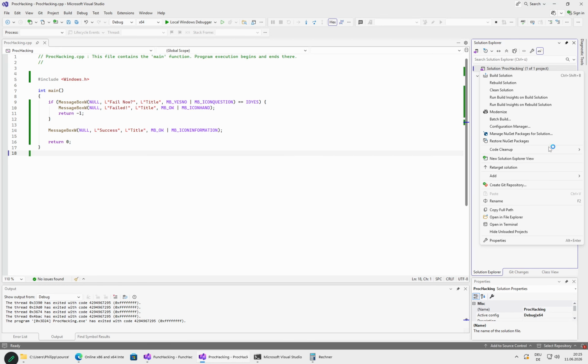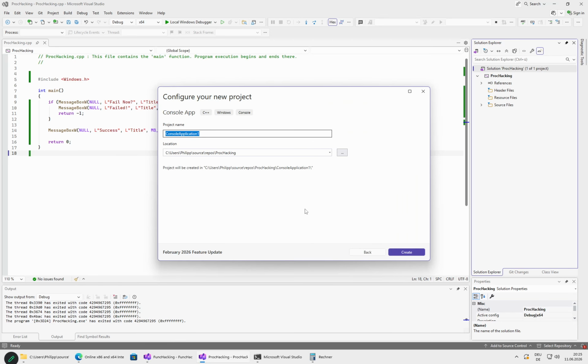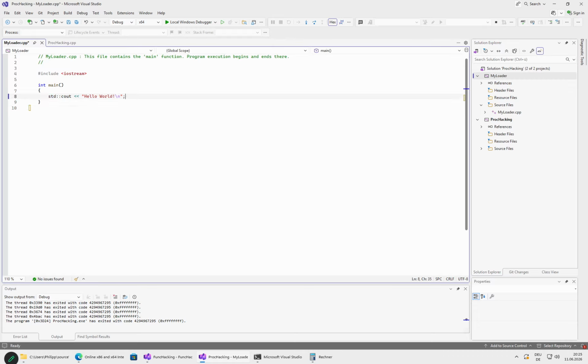But what we actually want is we need to add two more projects. One will be a loader application, so some application that will start, prepare everything, then start the other application and do the modifications. So let's call it my loader, and then we'll also need